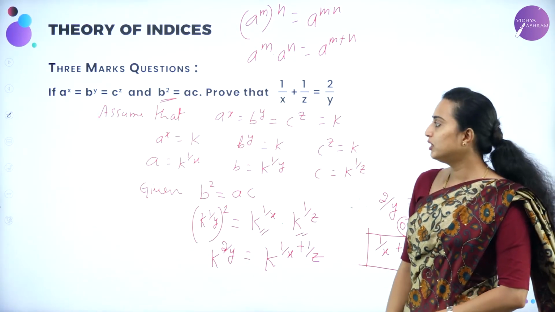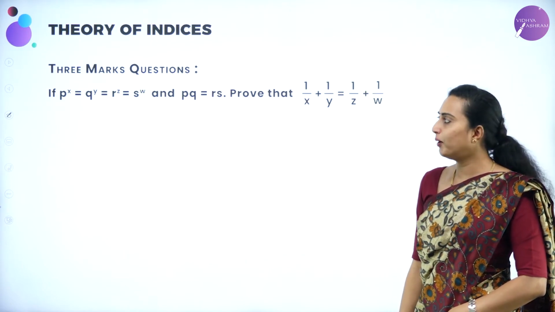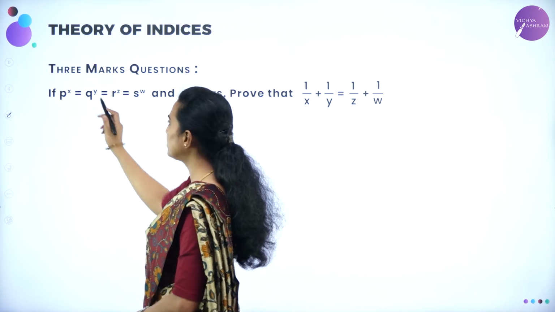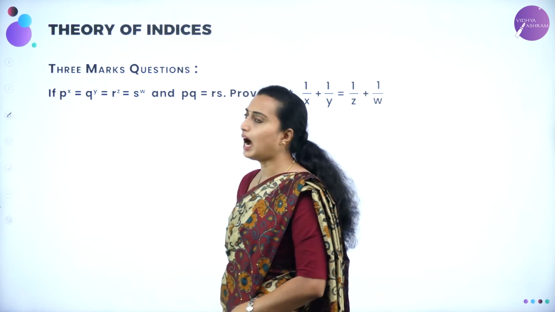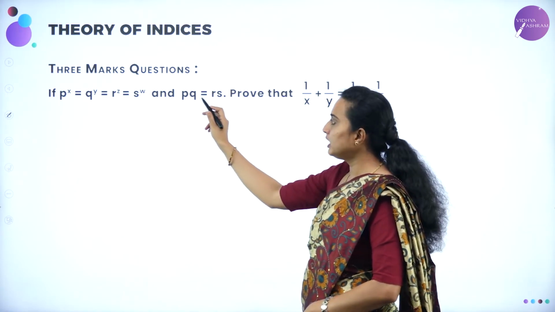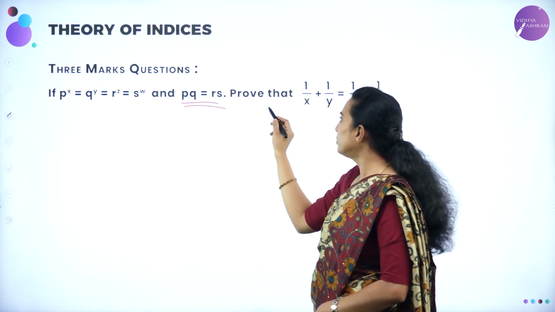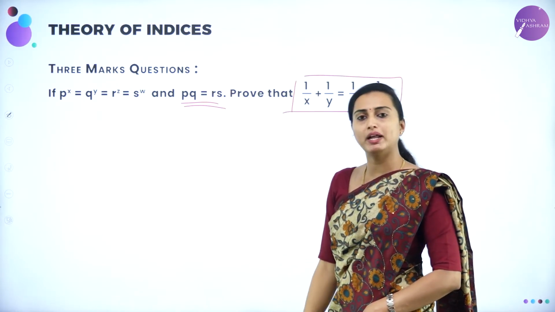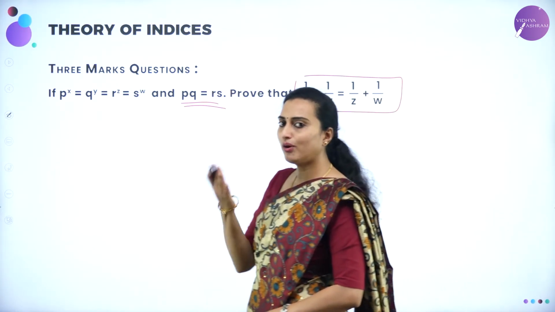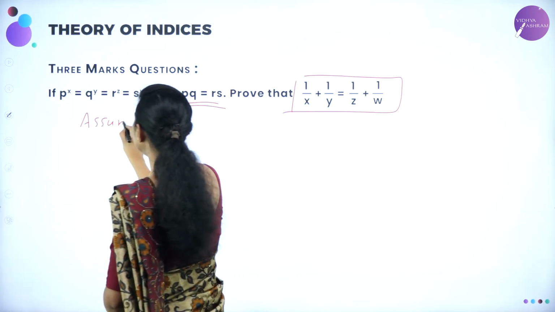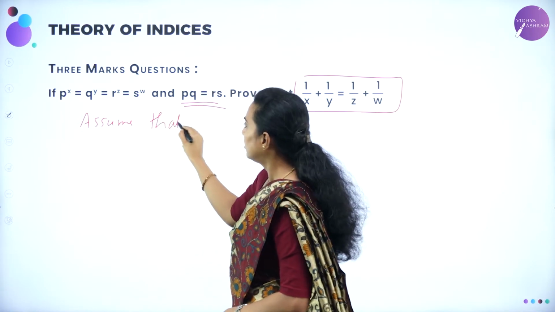Understood? We'll be moving on to the next problem. This is a 3 marker only. If p power x is equal to q power y is equal to r power z is equal to s power w, and they have given pq equal to rs, then prove that 1 by x plus 1 by y is equal to 1 by z plus 1 by w. Let us try accordingly. Assume